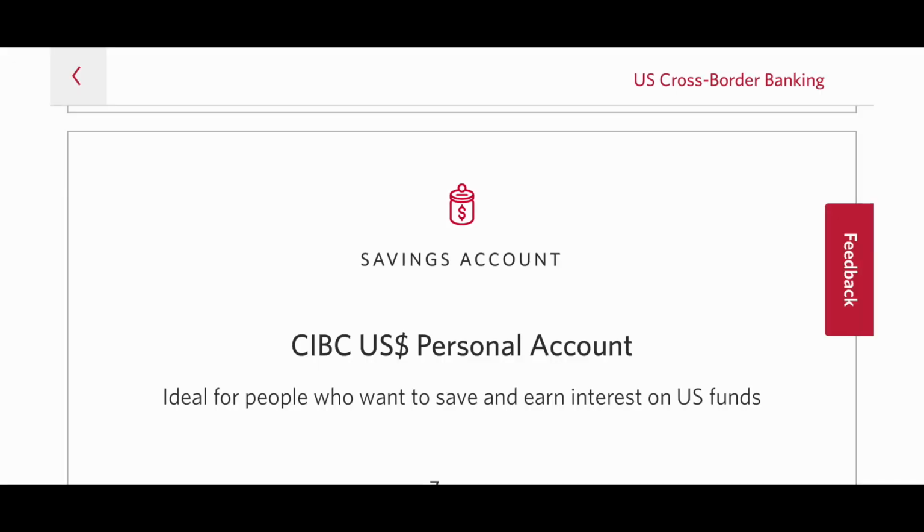So some more pros there. And then after some research, I discovered the CIBC US dollar personal account. So that's actually linked to your CIBC Canadian card. So you use the same Canadian debit card. And with that, you can actually withdraw US funds from a Canadian ATM as long as the ATM dispenses US